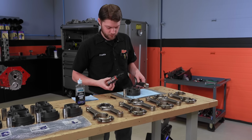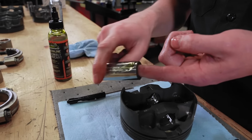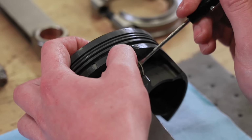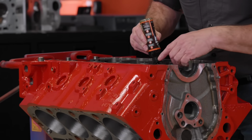The pistons have a 10cc effective dome, a phosphate coating over the whole piston, and an anti-scuff Grafal coating on the skirts. The 990 wrist pins are retained by a single circlip on both sides, which can be installed with a pocket screwdriver. Finally, we can start putting parts into our large displacement big block, and after applying some assembly